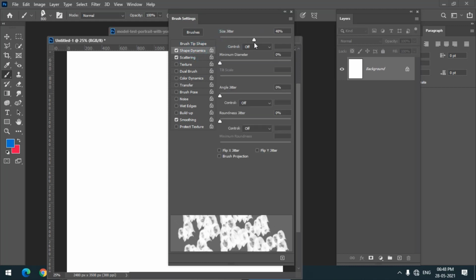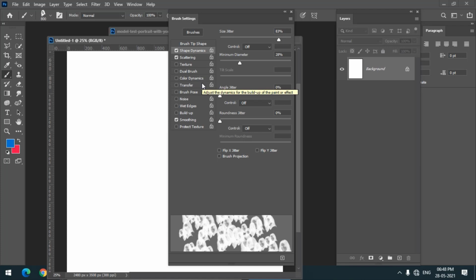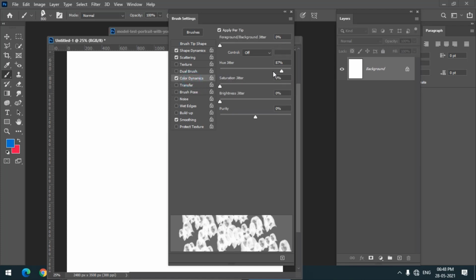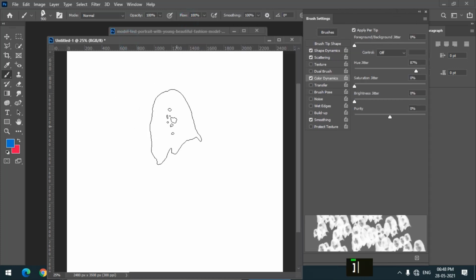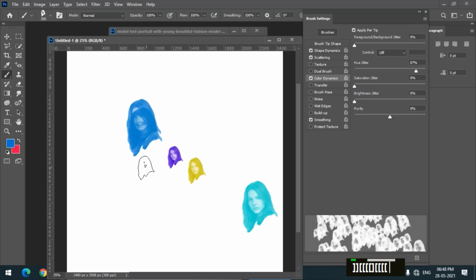If I want variation in the size, I can choose Shape Dynamics and change the minimum diameter. If you want variation in color, choose Color Dynamics and make sure the hue value is higher. This will create variation in size as well as color.